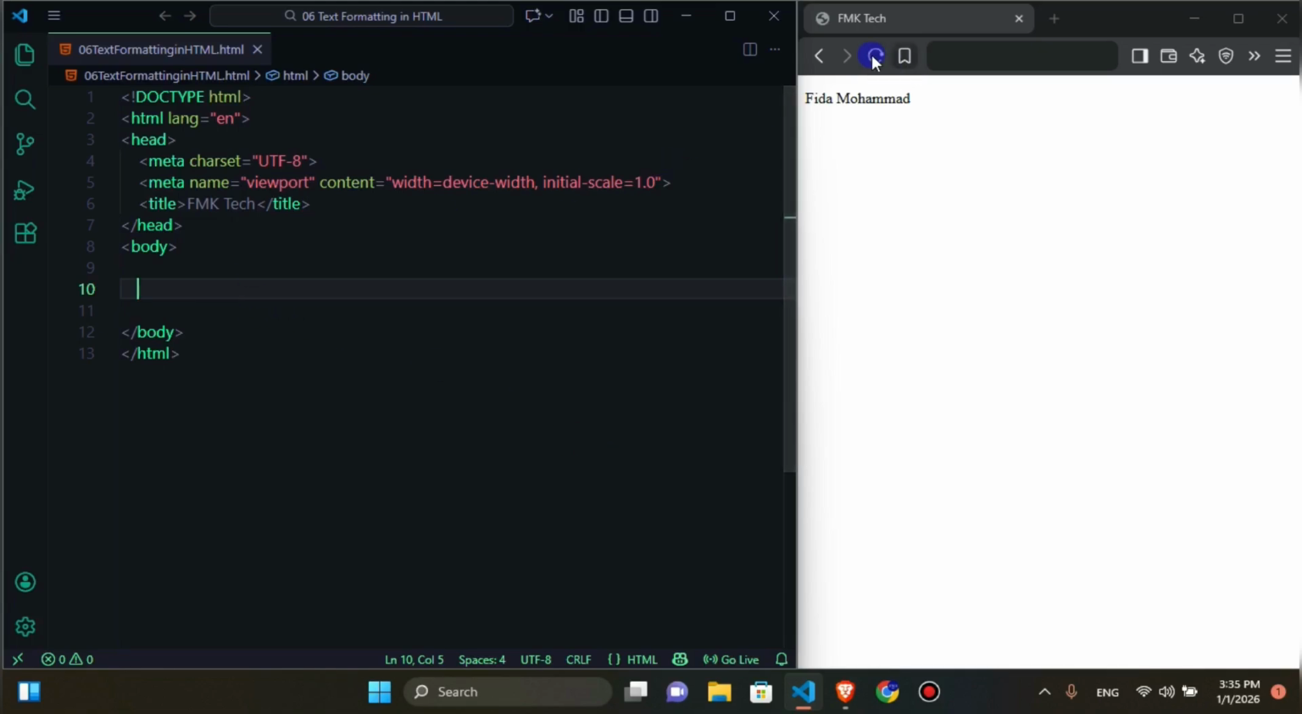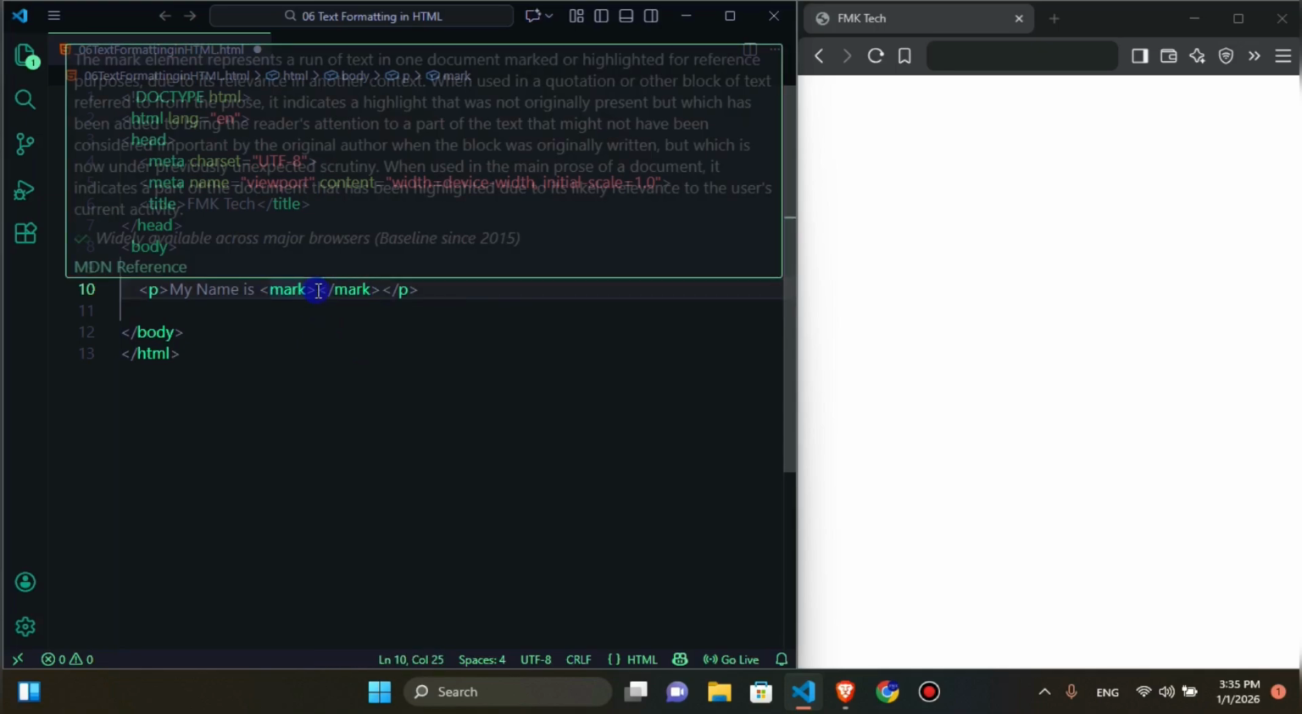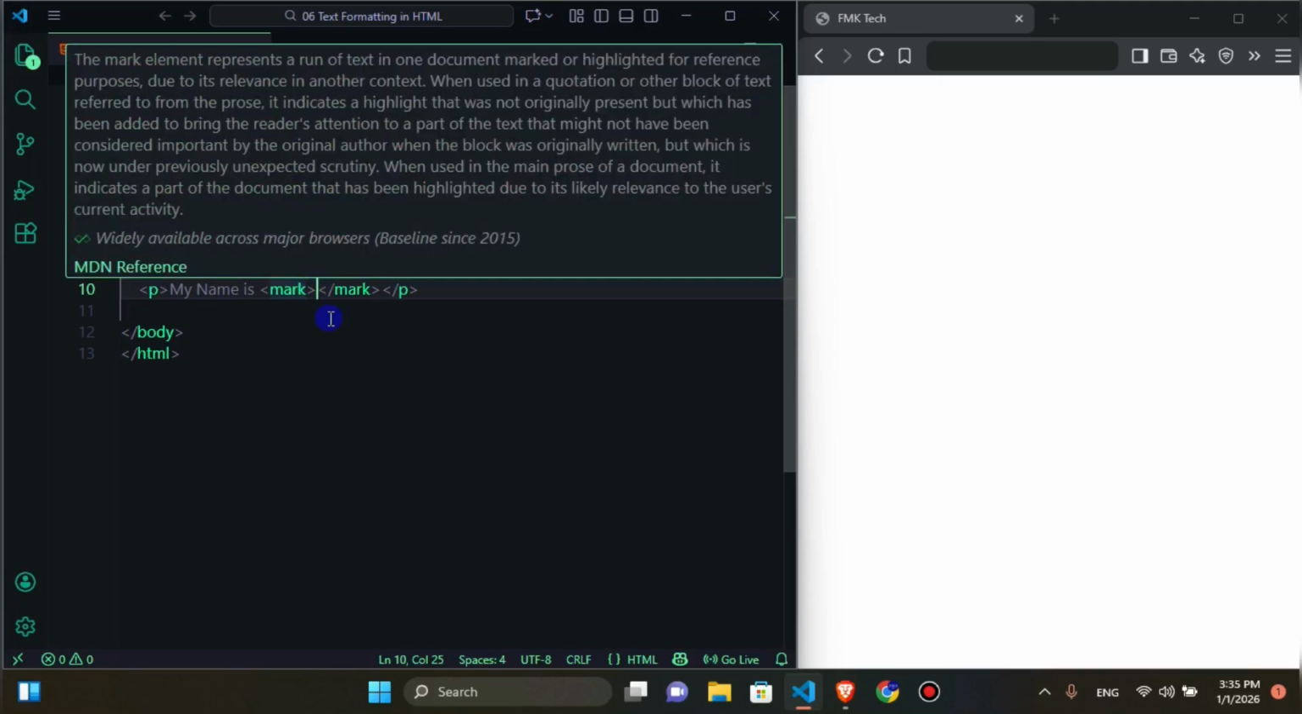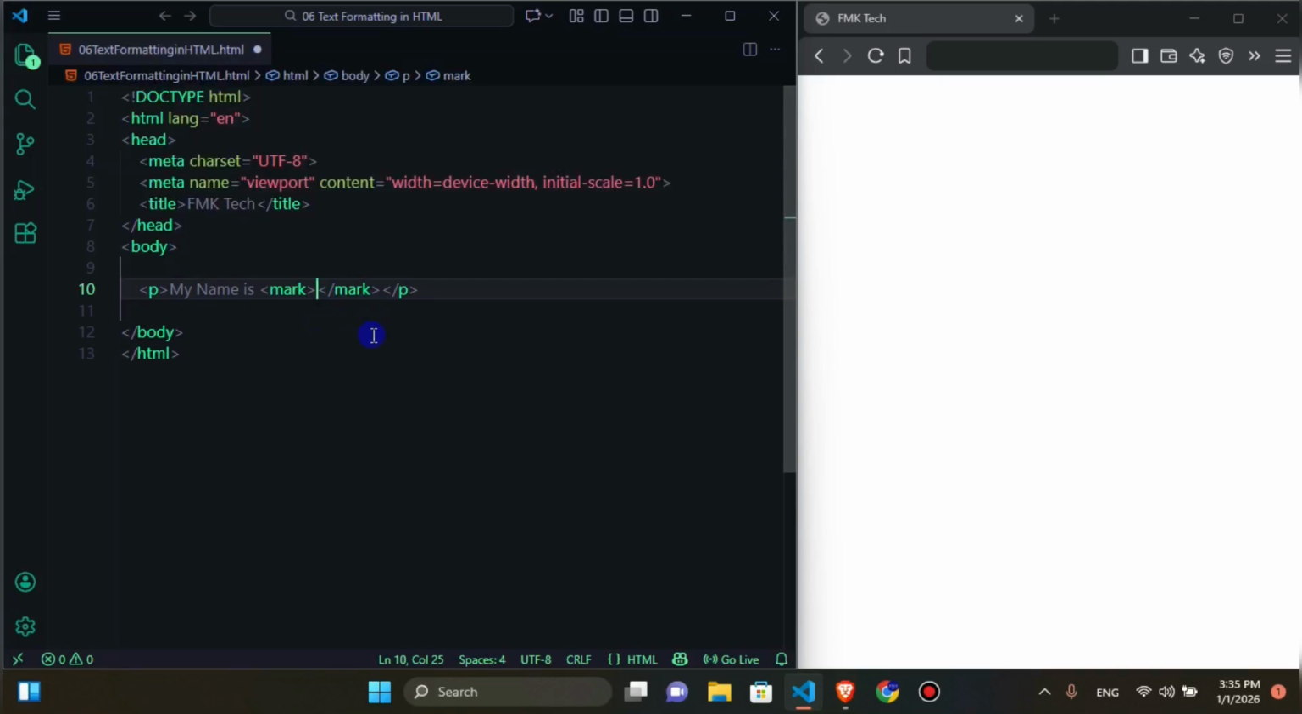For example, I've got a p tag. In this I've written that my name is. I want my name to be highlighted in here, so I will use the mark tag. This is the starting tag of it and this is the ending tag of it. In the middle I must write my name, the text I want to be marked or highlighted. So I'll just write down my name here, Fida Muhammad Khaksar,